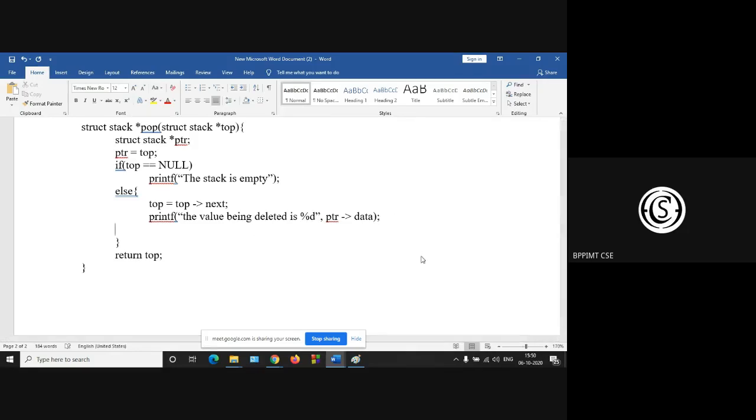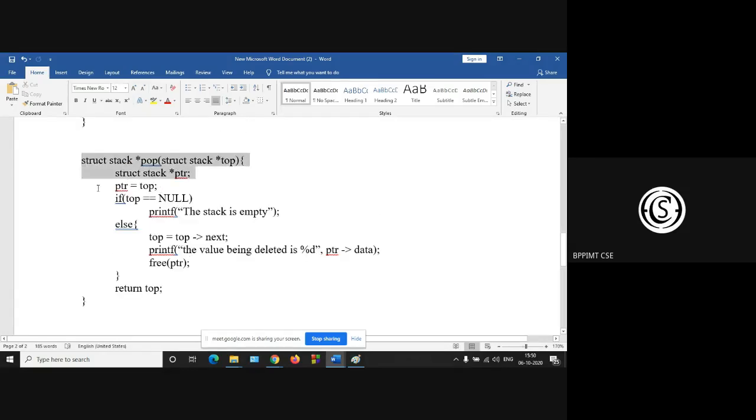And finally, inside the else part, free your ptr. So this is the pop function.